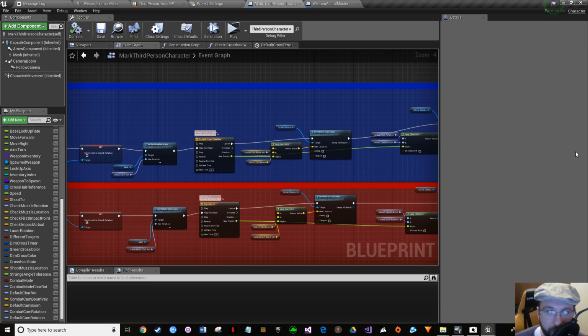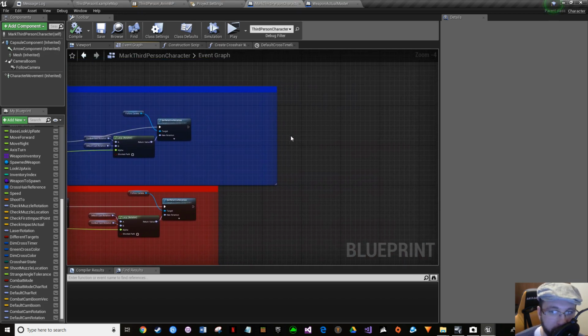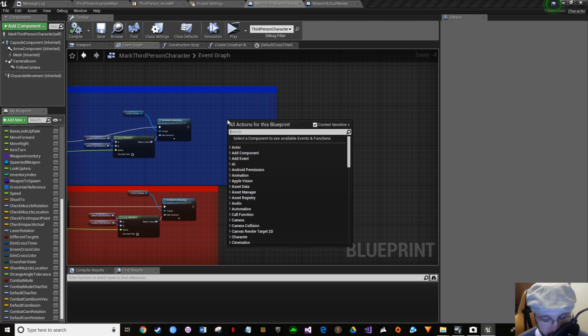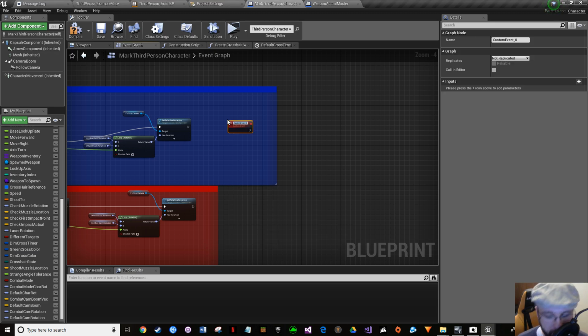Okay, so from here, we're going to make two custom events. And here's how we're going to set them. We're going to say right here on this one, combat mode true to server, because it was true and we want to set it to false. It's a little confusing, but we're going to set it. So right click, custom event, add custom event, and we're going to call it,